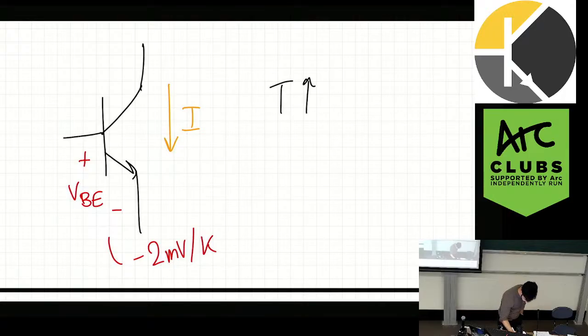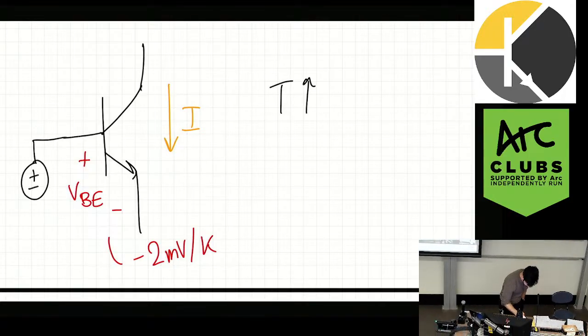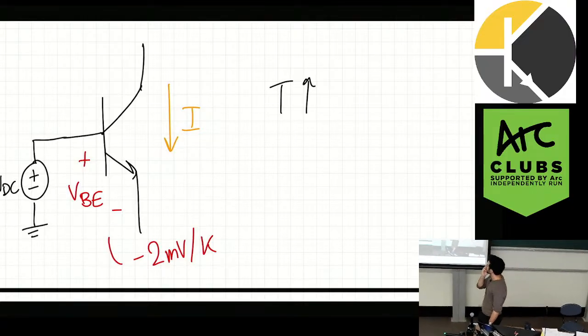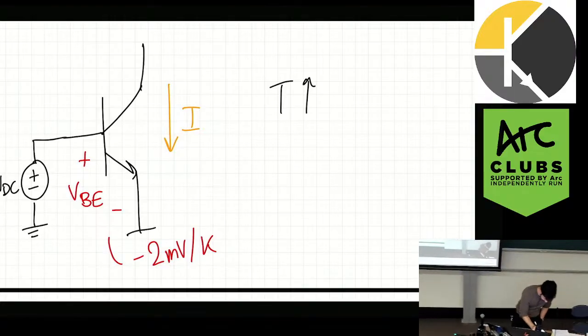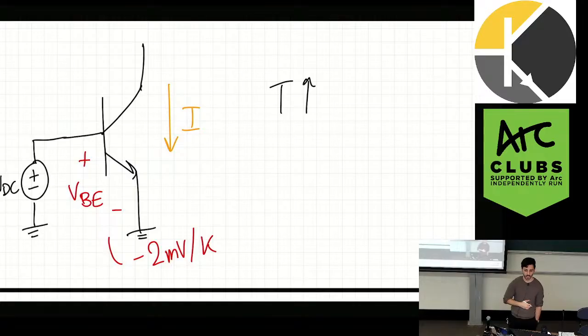But if I bias it like this, let's say VDC, what's the problem now? So can VBE change? So let's imagine this is grounded. Can VBE change now? No. What's happened? You fix the bias point, but as the resistor heats up, you are lowering the threshold. So as the resistor heats up, you are pushing more current, which heats it up more, and you're going to turn on away. Exactly. So what I was talking about before was this negative feedback mechanism